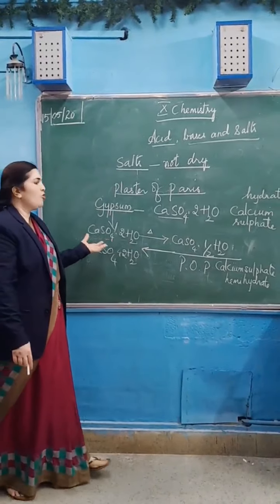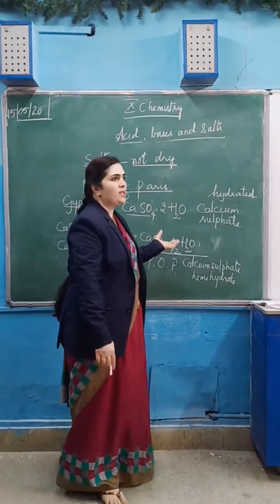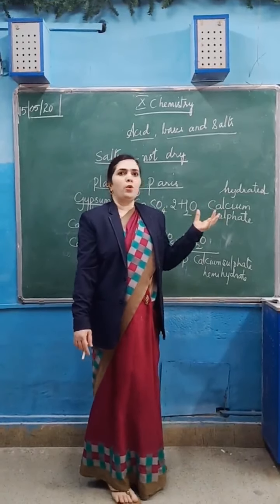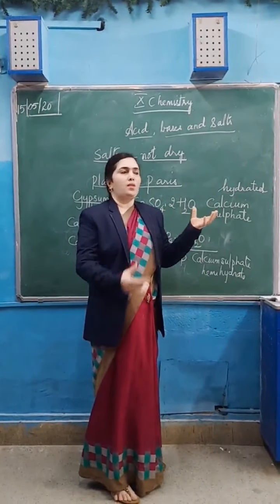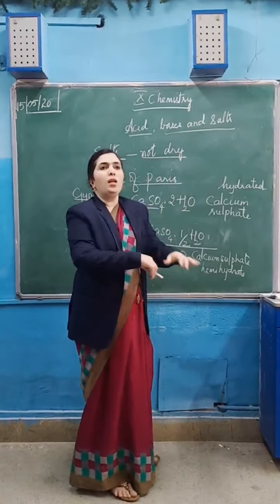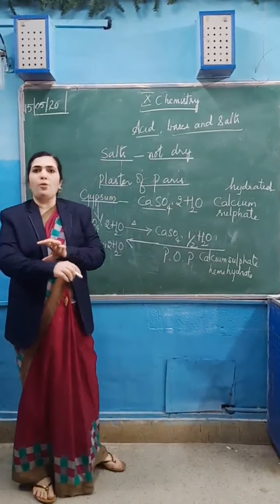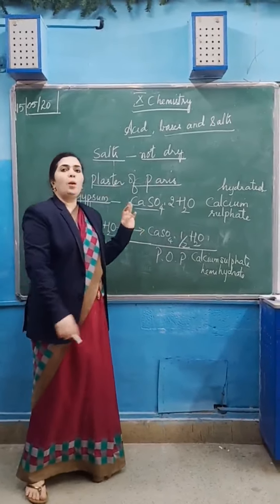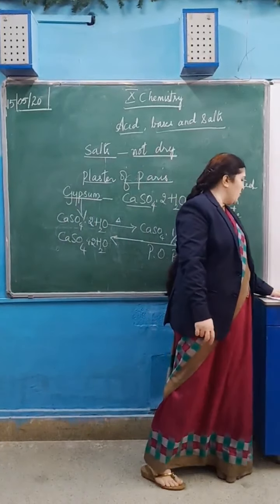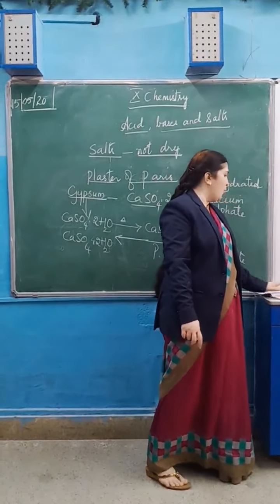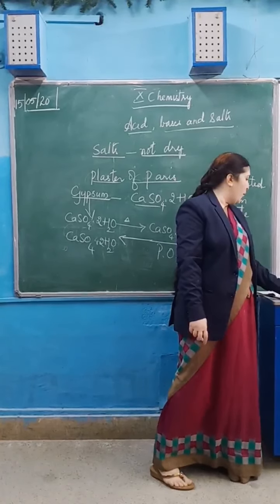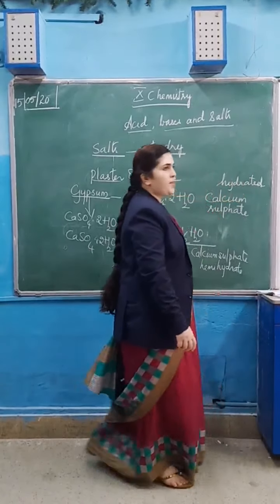Plaster of Paris is used for making statues and idols, and it is also used to make bandages for fractured bones. When your bones are fractured, the tight, solid bandage you are using is nothing but plaster of Paris. It is the substance which doctors use as plaster for supporting fractured bones in the right position. Plaster of Paris is a white powder, and on mixing it with water it changes to gypsum again.